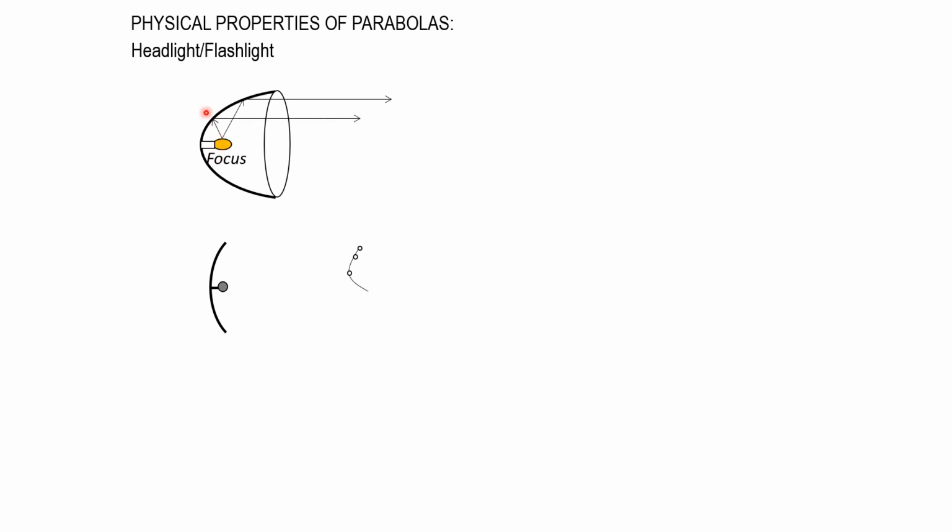So any point, we have the light ray here, it will bounce forward as shown. So in general, this angle of incidence equals angle of reflection. So that's the tangent line, for example, and that's the angle of reflection. This is the angle of incidence. So that's true for that parabola. So headlights and flashlights.